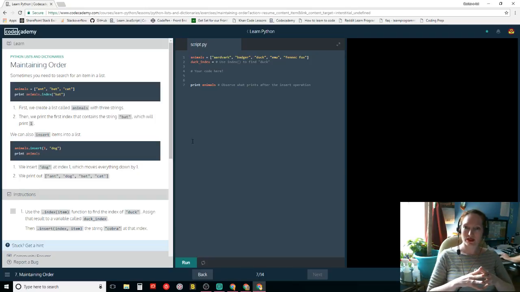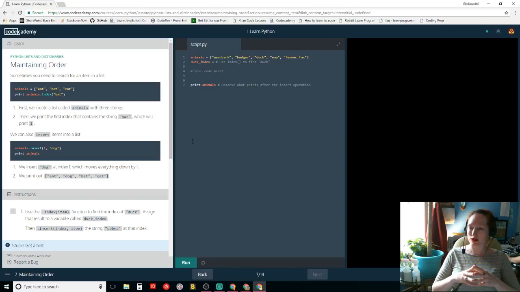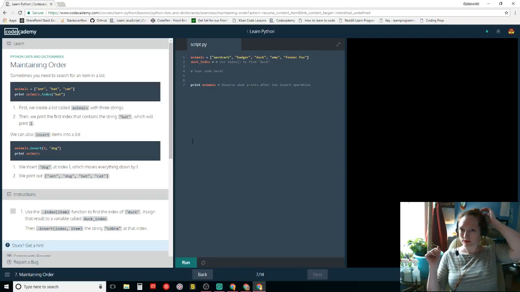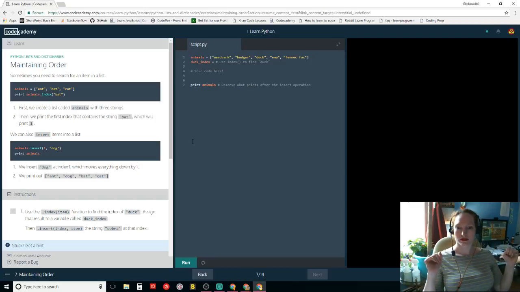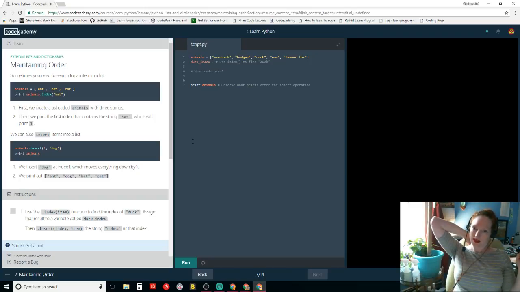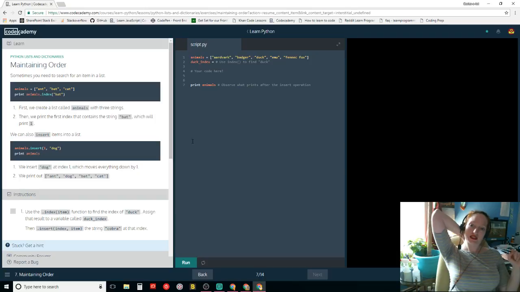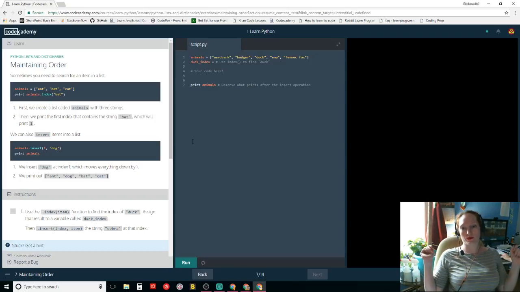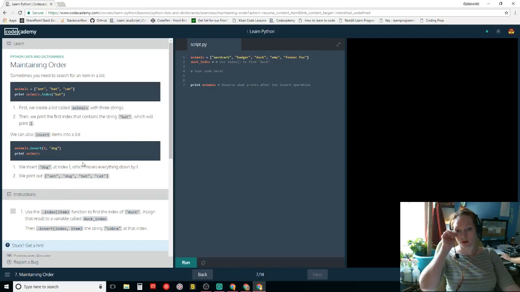Insert items onto a list. Animals insert. What was the other one? Append. That was the end. Insert 1 dog. Is that inserting it into position 1? Oh, at index 1, yes, which moves everything down by 1 because you're inserting it. One new item on the list, okay. And then print out ant, dog, bat, cat.